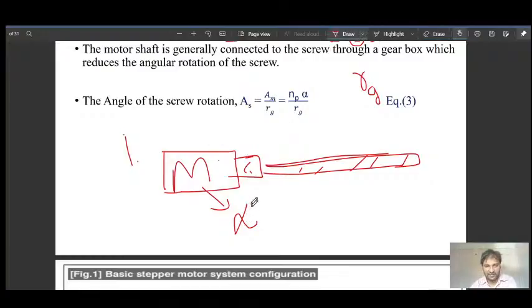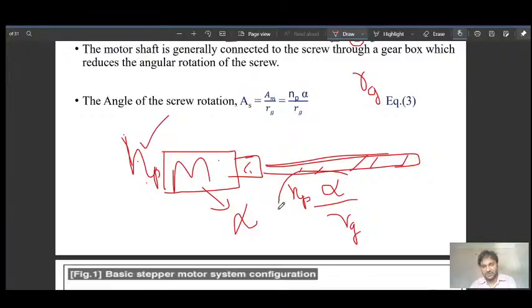So the alpha angle, through gear reduction, as it is reducing in the ratio, the screw thread will rotate by alpha by Rg, correct? And if np pulses are supplied, np, p for pulses, np is the number of pulses, then the motor, through gear reduction, we will have np alpha by Rg. By this much angle, the screw thread will rotate,